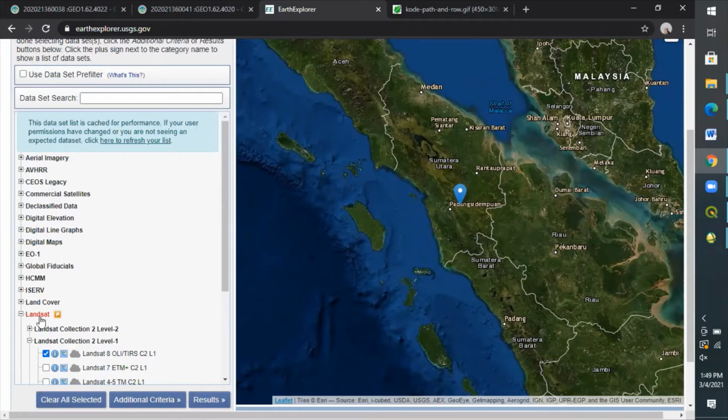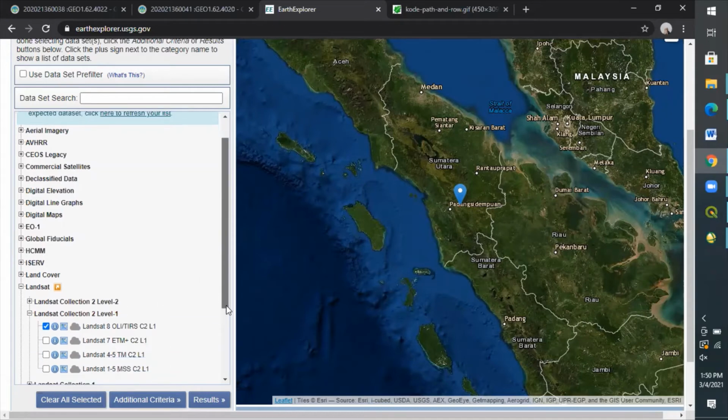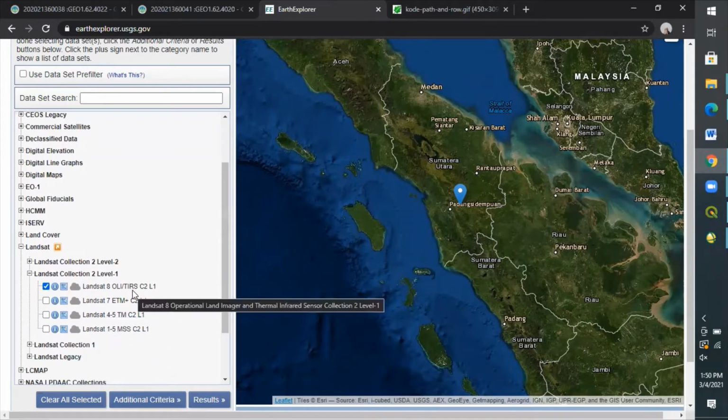So you can click it here, then click whichever collection you want. In this case, I'll take my data from Landsat Collection 2 Level 1, from Landsat 8, all tiers C2L1, because I want my data from the Landsat 8 satellite.